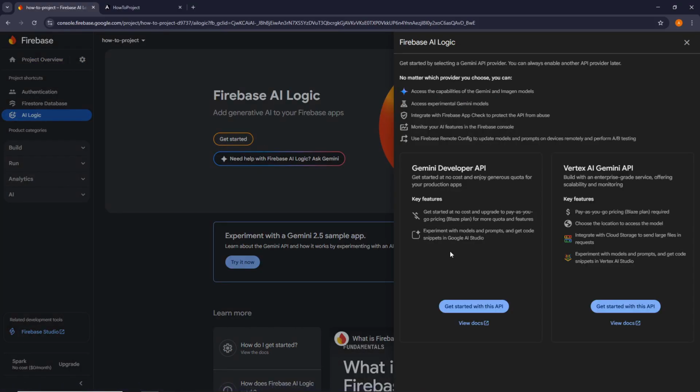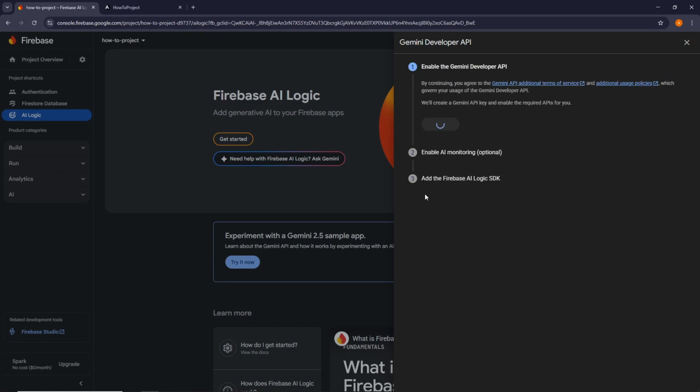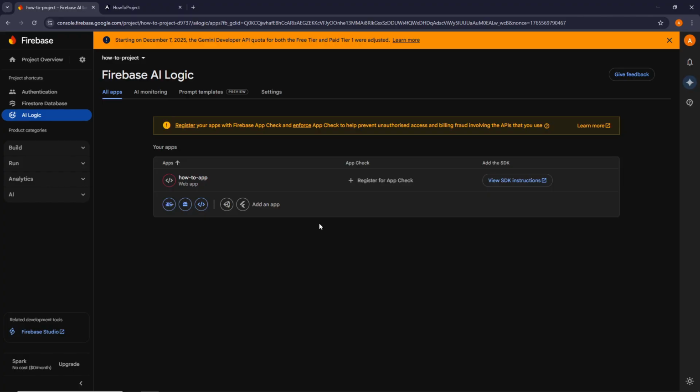then get started. Here we choose this one. This is for paying and I don't like this, so we go for this. It's just free for testing. Enable API. So once you're done with adding the AI integration and allowing the AI API in Firebase, we go